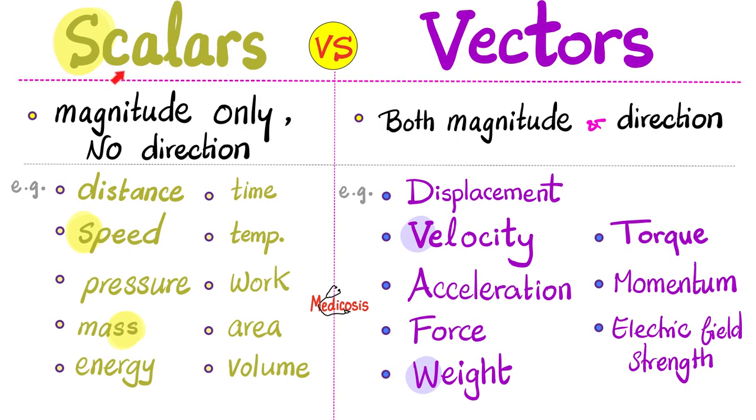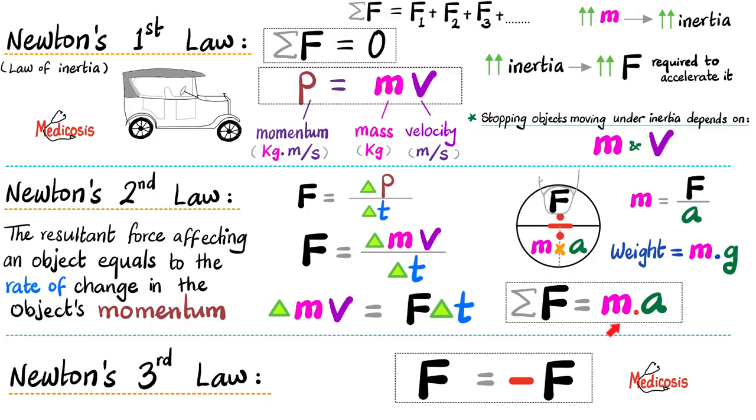What is a scalar? A scalar is a physical quantity that has a magnitude only but no direction, such as speed, which is a scalar, mass, which is a scalar, but a vector has a magnitude and a direction, such as velocity with the v is a vector with a v, and weight with a double V is a vector with a V. Torque is also a vector. It has a magnitude and a direction. That's very important. Please don't forget that force equals mass times acceleration according to Newton's second law of motion. And don't forget that Newton's first law of motion said that the net force, the sigma, equals 0 at the